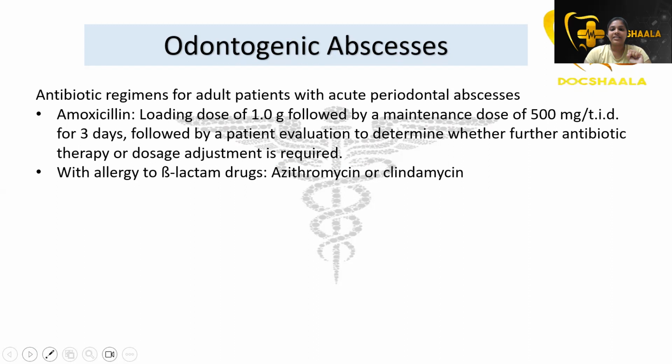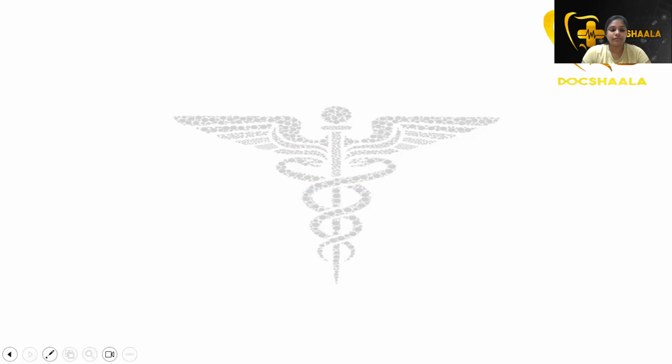Okay, so when it is an acute periodontal abscess, we use amoxicillin. Amoxicillin with a loading dose of 1 gram and a maintenance dose of 500 milligrams twice daily is given for 3 days. Okay, and when there is allergy to beta-lactam drugs, we go with azithromycin or clindamycin. Right? Then coming to